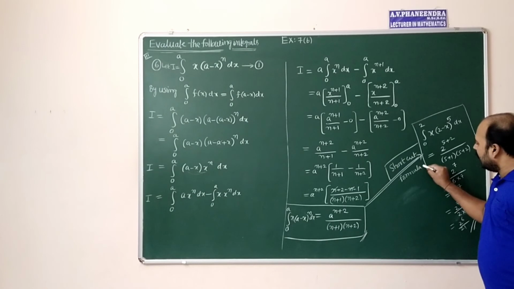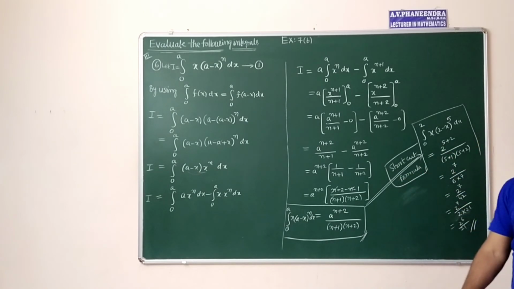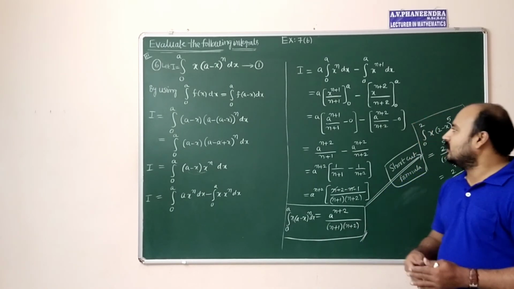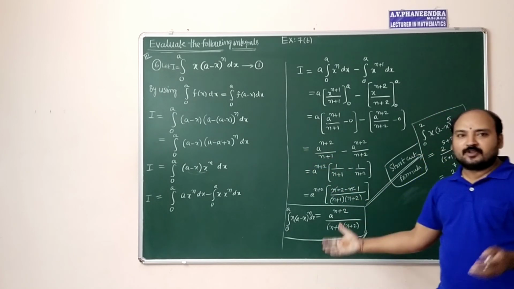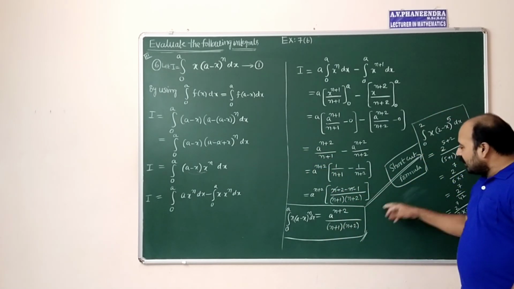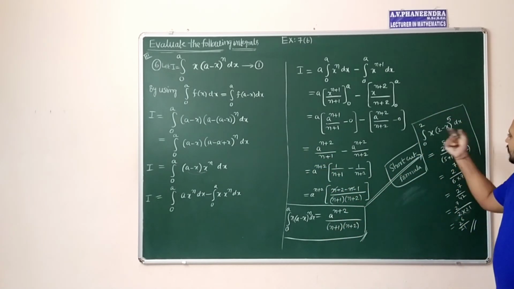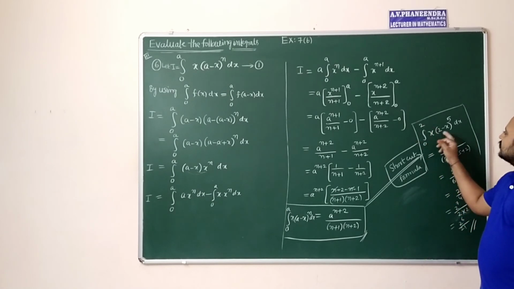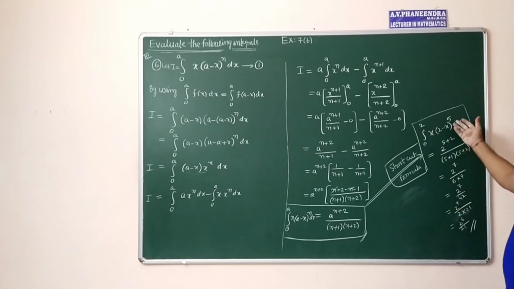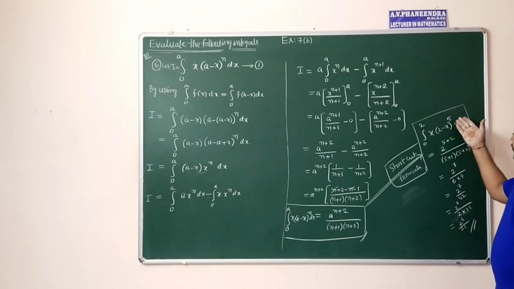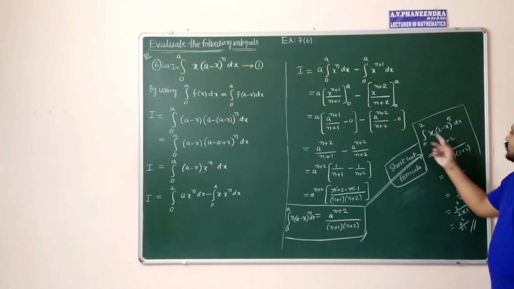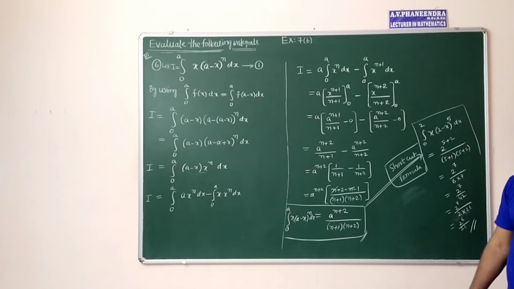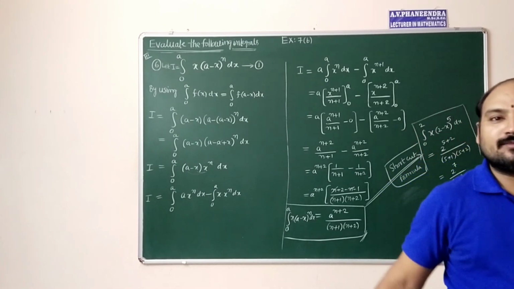So whatever the IP, that is the reason. If you are perfect in intermediate public examination questions, if you are thorough in these concepts, you are able to attempt this type of questions. Suppose this question will be asked in the examination: integral 0 to 2 of x into (2 minus x) whole power 5, or whole power 100. In place of n, you can substitute 100. In place of a, 2. We'll move to the next question.